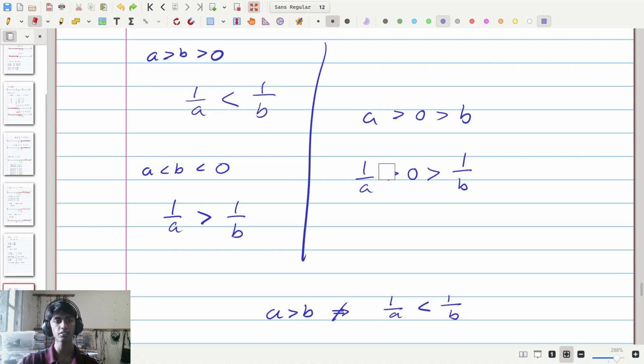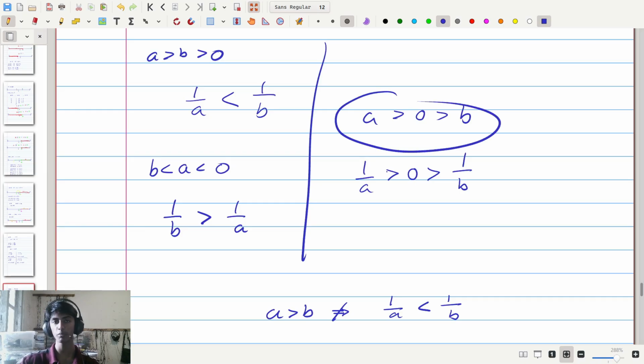If I instead rotate this second one around to have A greater than B, as in this, which then now we have A greater than B, then 1 divided by A is going to be less than 1 divided by B. So here we can see in both of these cases, if A greater than B, then 1 divided by A is less than 1 divided by B. In this other case, however, if one of them is positive and the other is negative, everything is now invalid